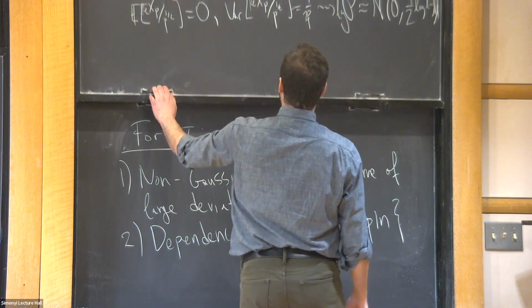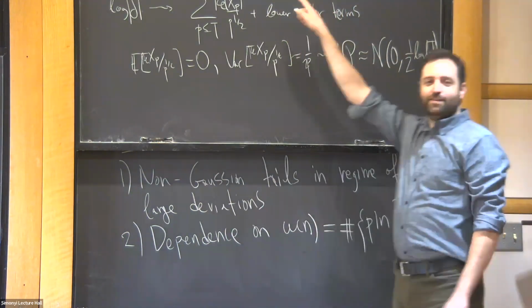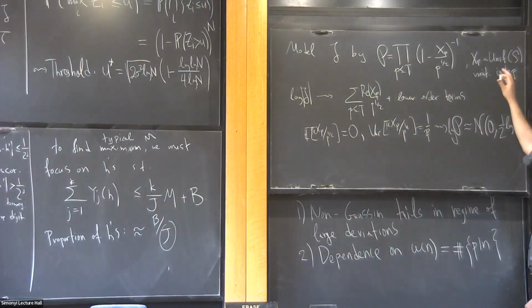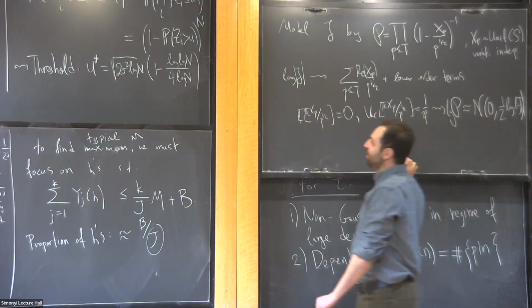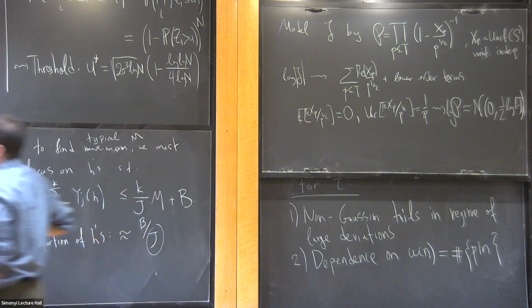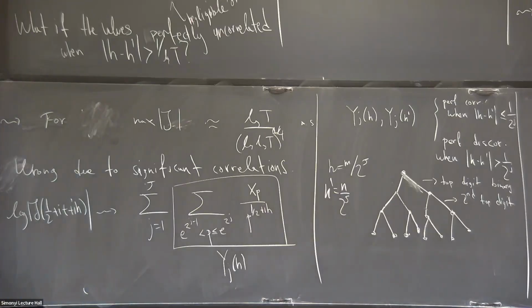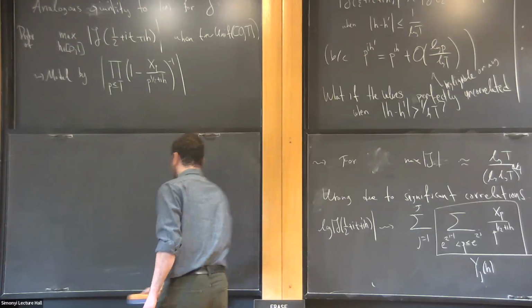When you Taylor expand this thing, because of the 1/p to the 1/2, everything from the second term onwards is not important. But when you Taylor expand the other thing, then you get pretty important correlations for different